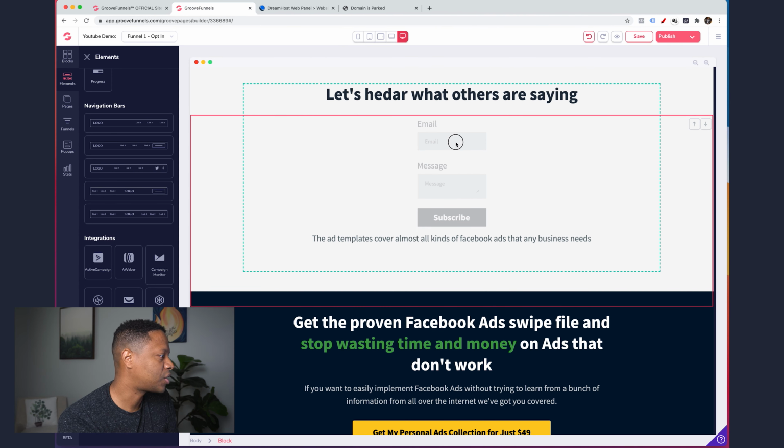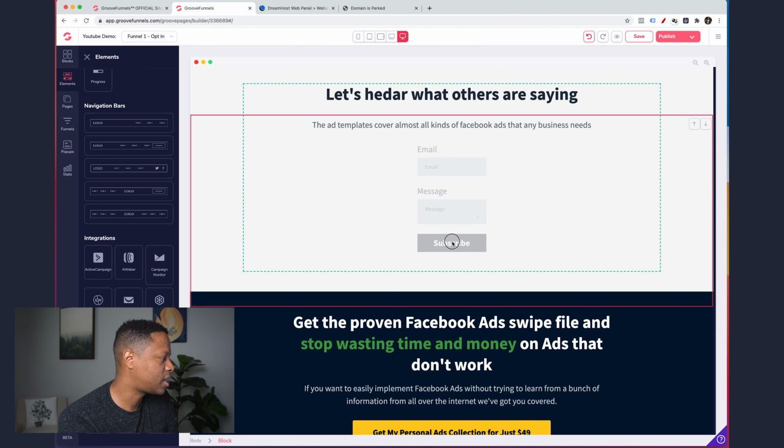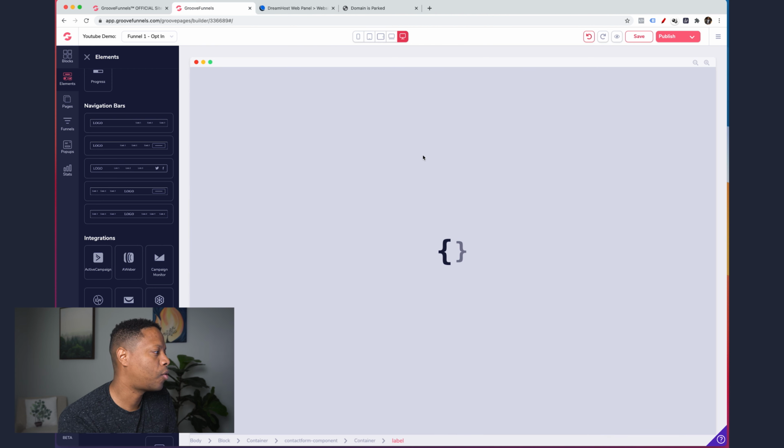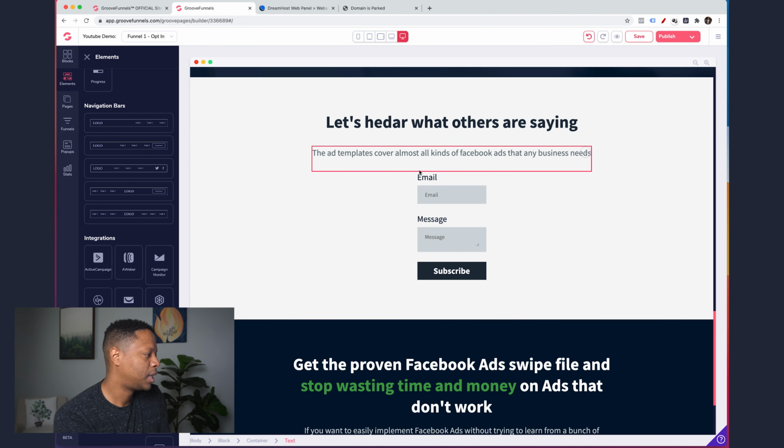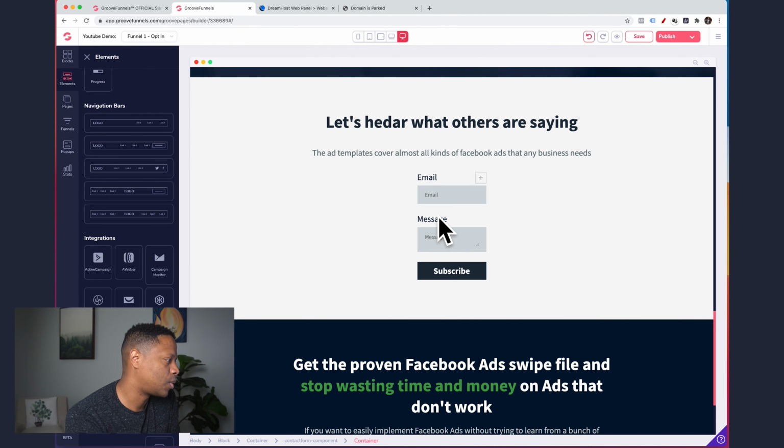And this is a form. I just click it and drag it. We'll put it underneath the text like so. So now I have a form that's asking for your email address, and it's also going to ask for your name or in the message. So we can do whatever we want with the form. The main thing that we need is that email address.